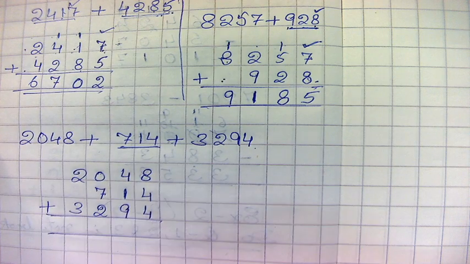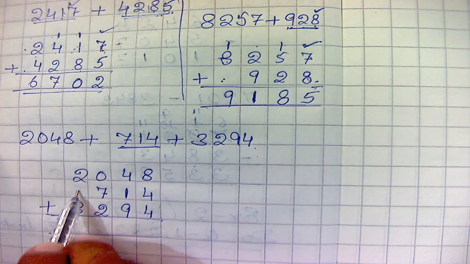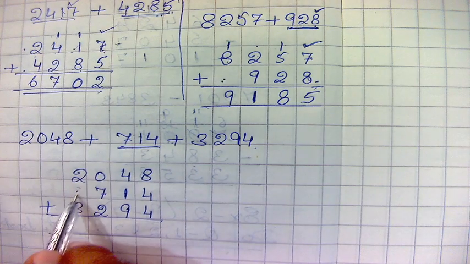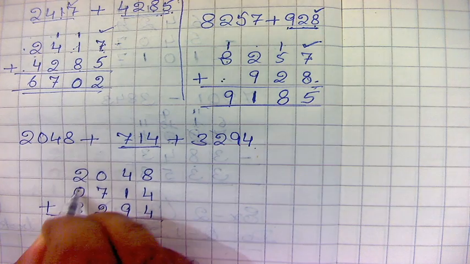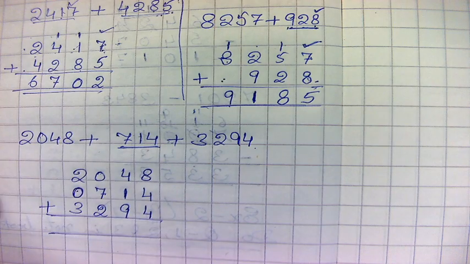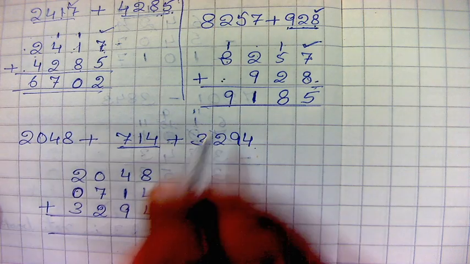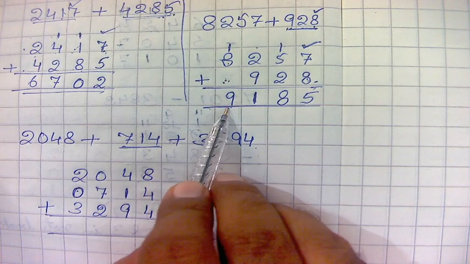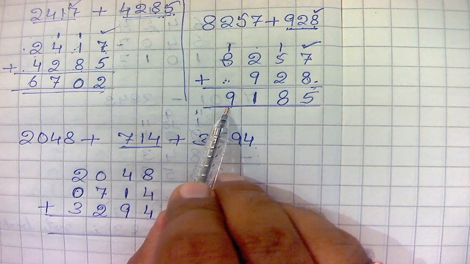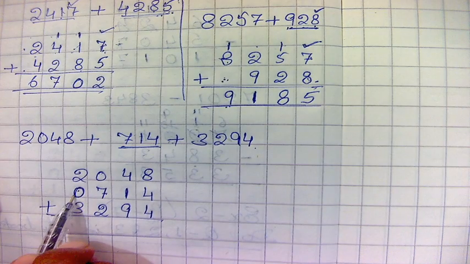Now you add these. Now you see here there is one blank space. Here there is a blank space, so that there is no confusion, we will write 0 here. Even if you don't write it, like in the question we did earlier where we did not write 0, there will be no issue, there is no problem in it, but if you want you can write it.